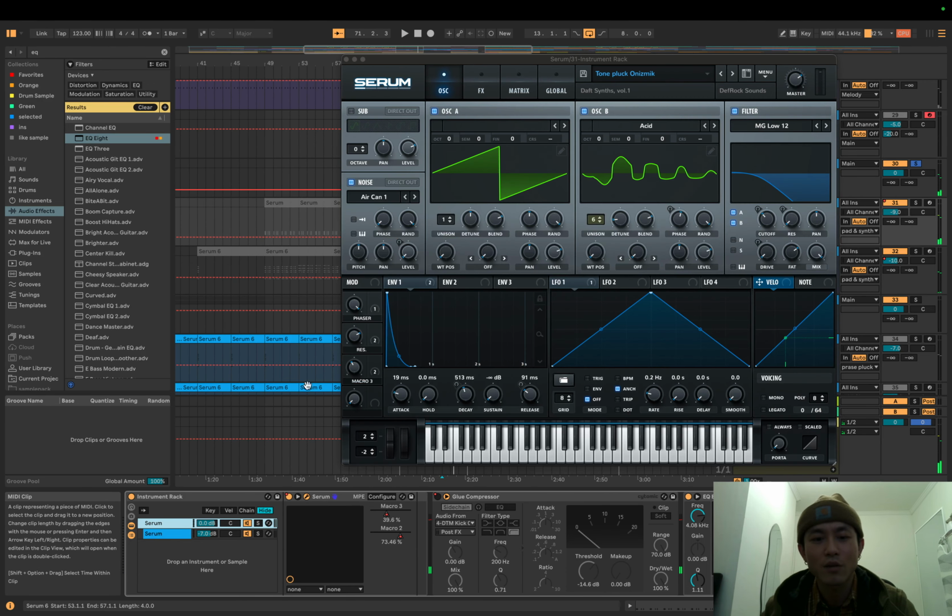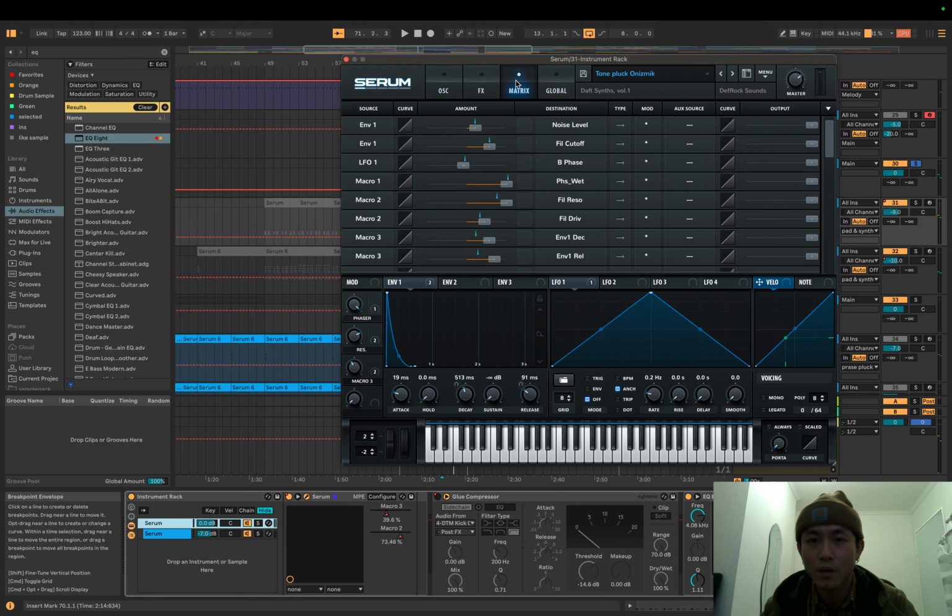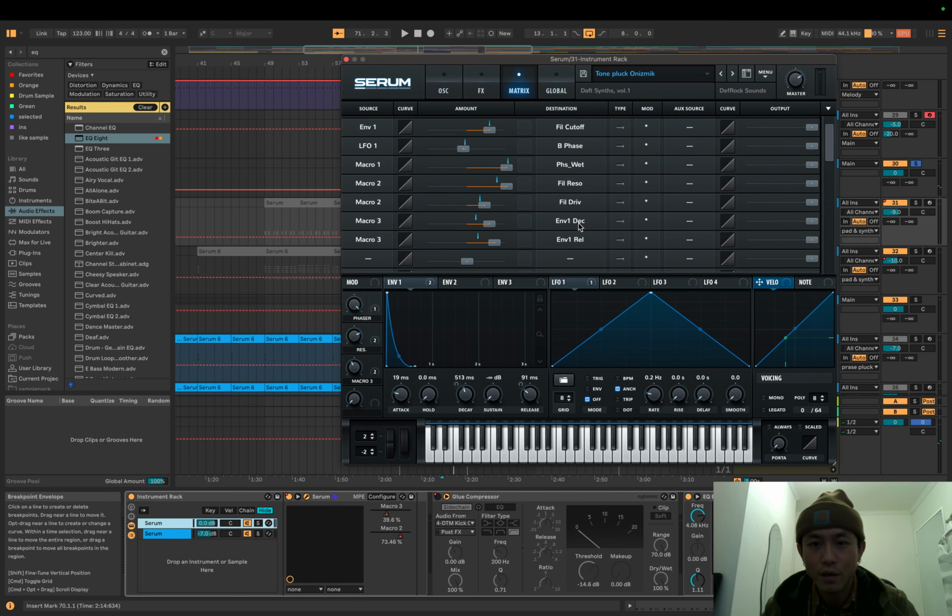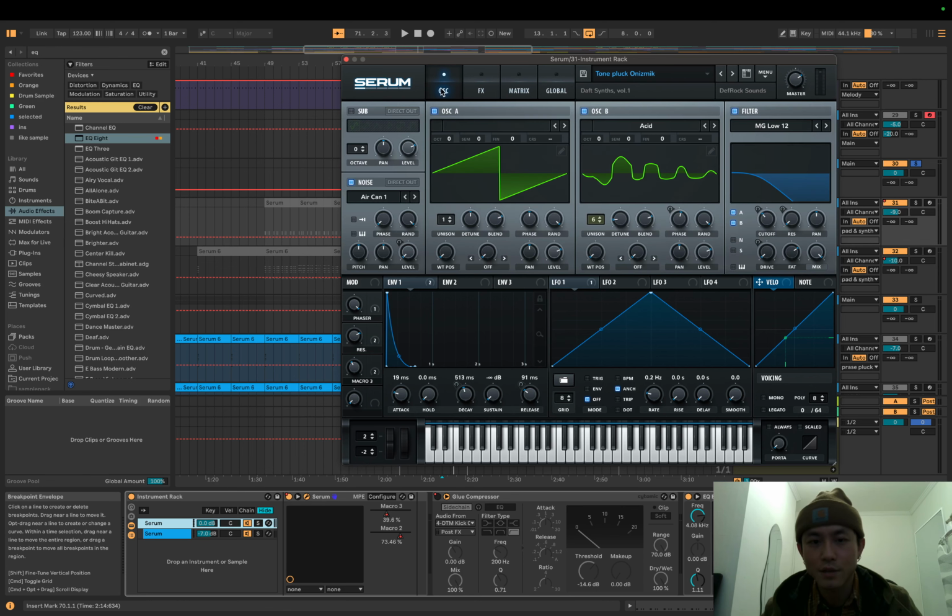And also I use macros on Serum a lot, like release and phaser. What is macro 3? And I usually, when I make a synth, I macro with decay and release a lot,